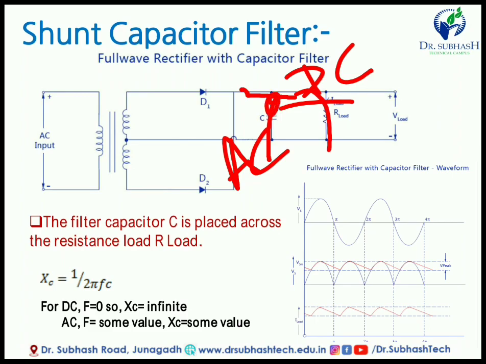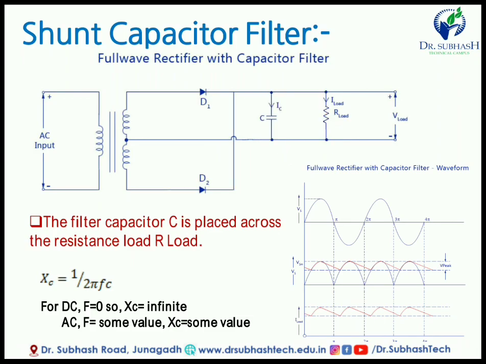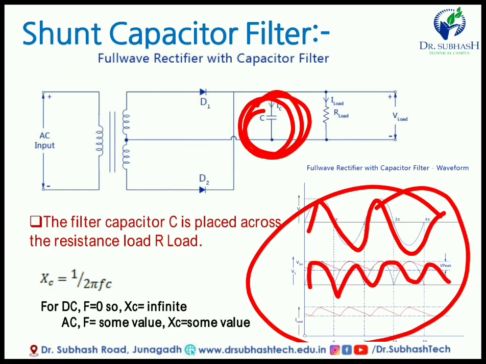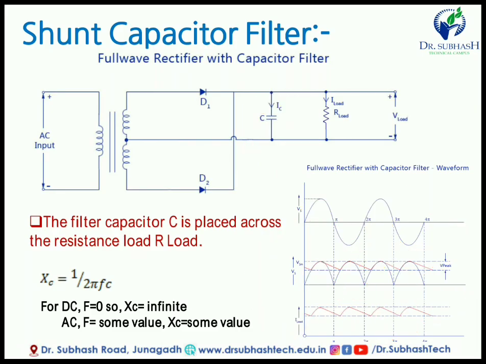So, here one time the filtering process occurs, and AC and DC are separated from each other. According to the charging and discharging of this capacitor, we can achieve this type of waveform. Means here this one is our input waveform, and this is the output of the rectifier, and this is the charging time and discharging time. Through charging and discharging of this capacitor, we will get the DC-like waveform. So, here we can say that the capacitor is used to filter the AC supply, and it will give the DC, it does not allow DC to pass. So, it separates out AC as well as DC. So, this one is about the shunt capacitor filter.